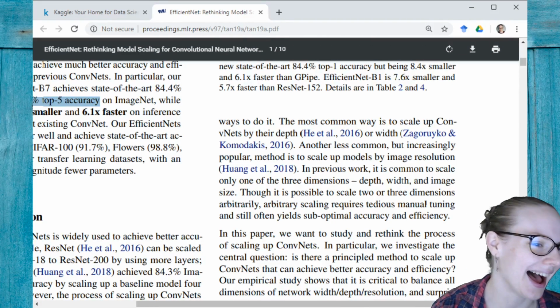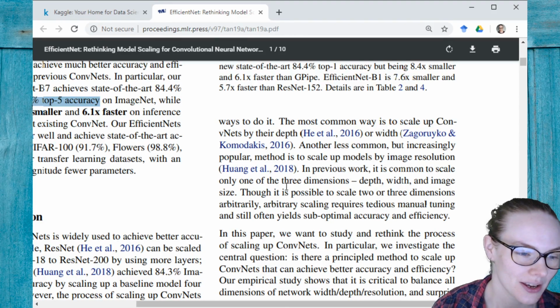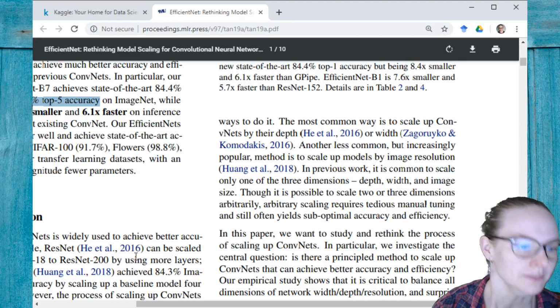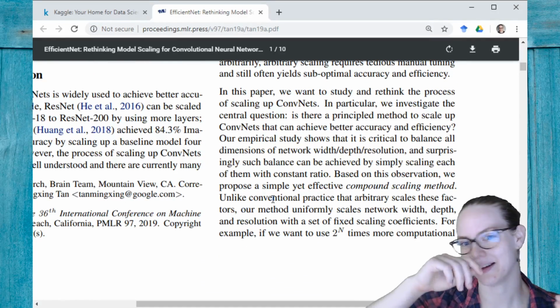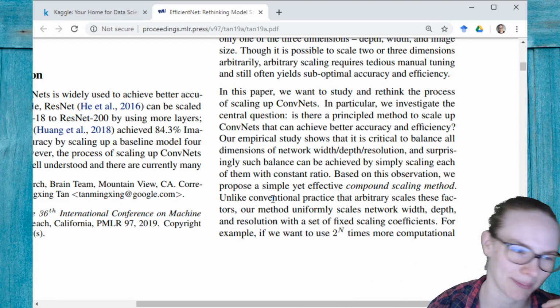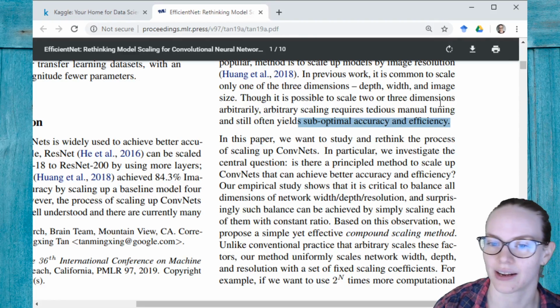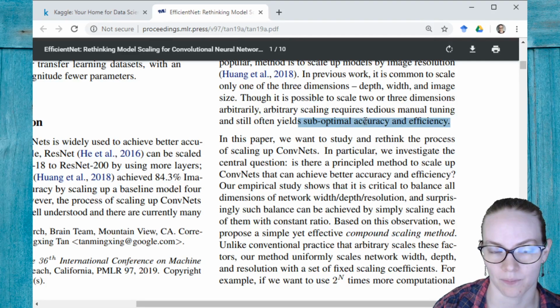In previous work, it's common to scale only one of the 3 dimensions: depth, width, and image size. Though it is possible to scale 2 or 3 dimensions arbitrarily, arbitrary scaling requires tedious manual tuning and still often yields suboptimal accuracy and efficiency. So if you just try to maybe make it a little bit wider and then a lot deeper, or maybe a lot deeper and a little bit wider, I don't know what's going to happen. That sort of guess and test takes a while, and you have to do it by hand, hence manual tuning,